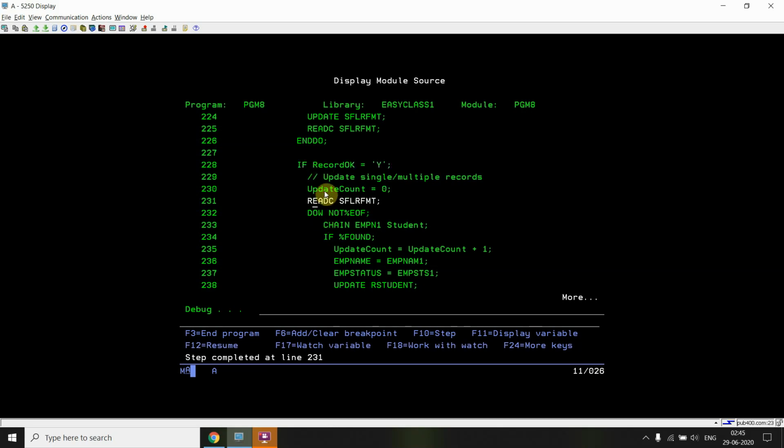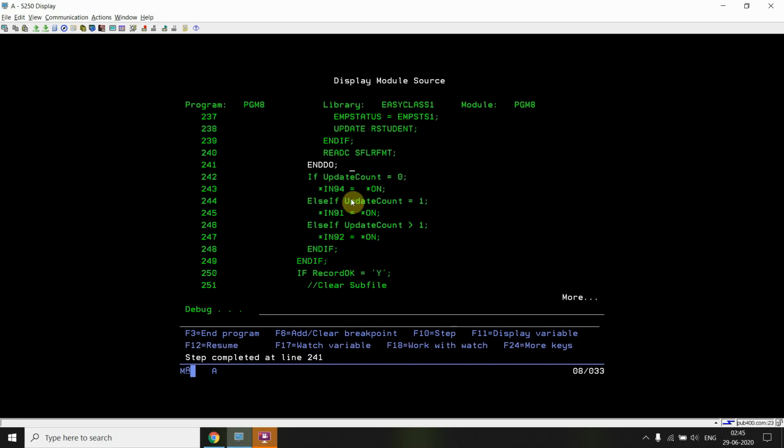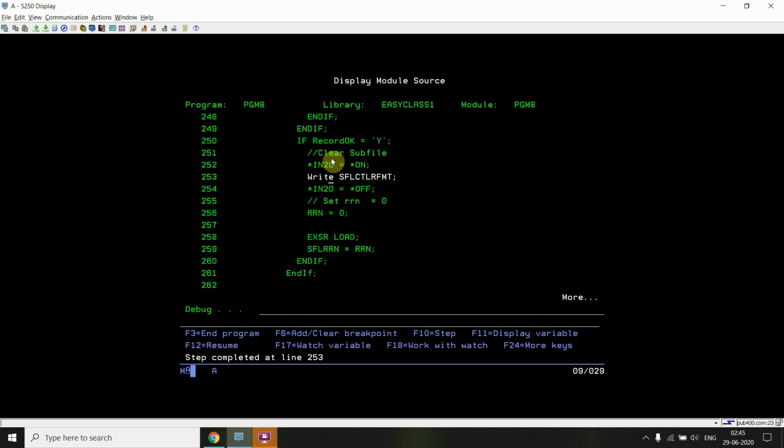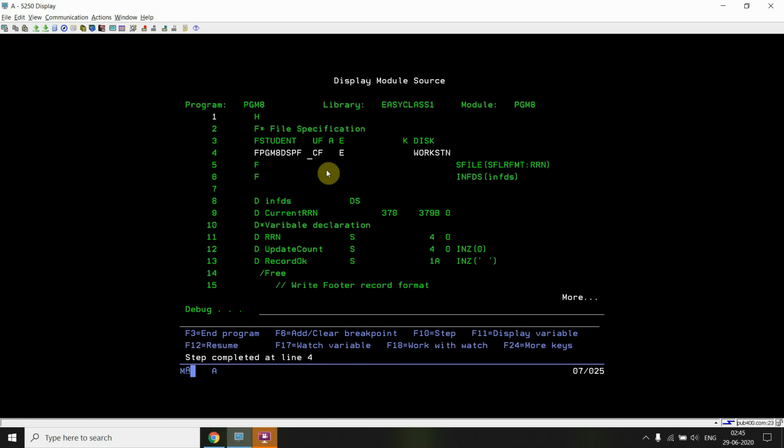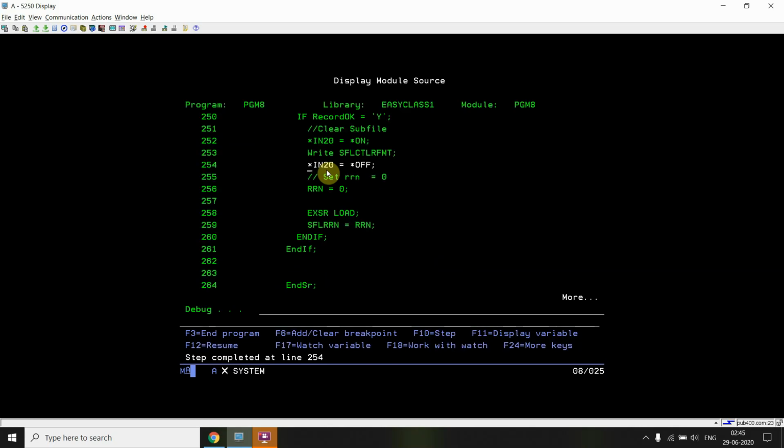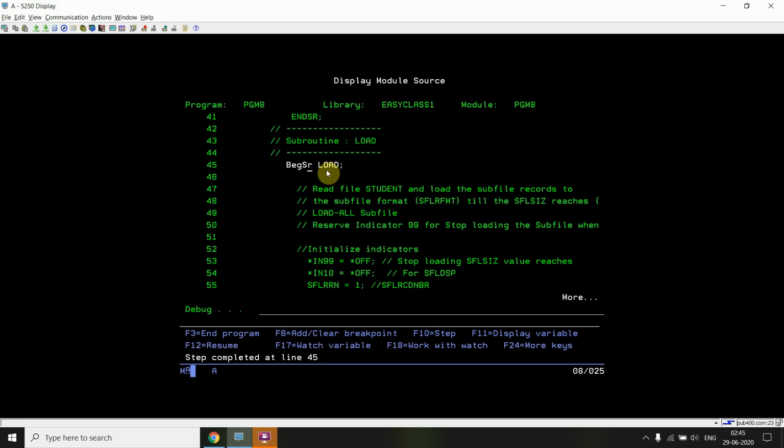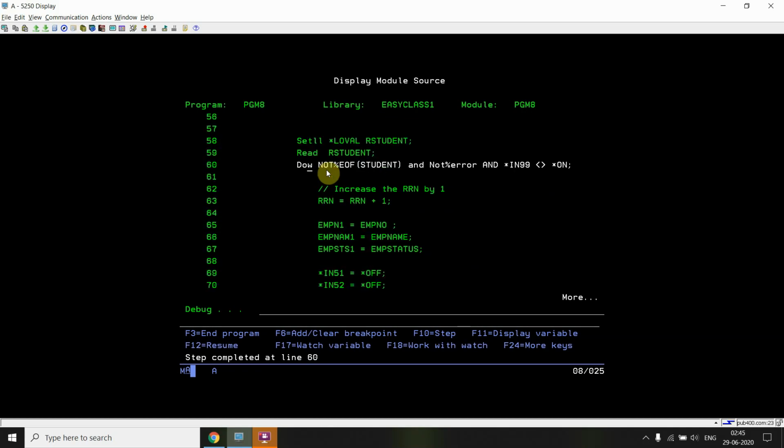yes, update count is 0. I'm again going to read that record. I didn't get anything. Update count is 0. The 94 indicator gets on. So if record is okay, indicator 20 is on, so file is clear. I'm going to load this again.